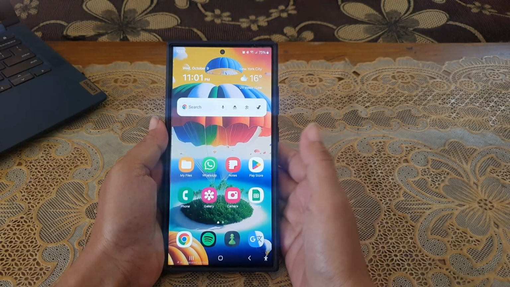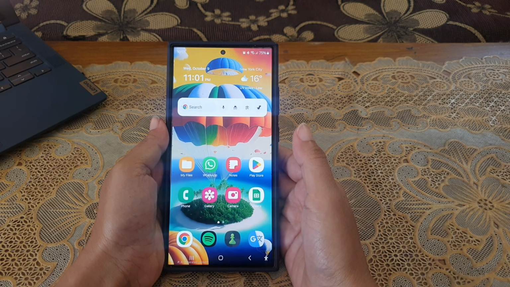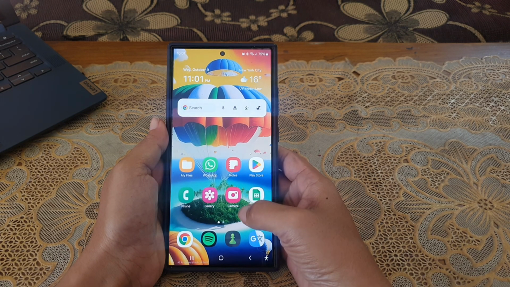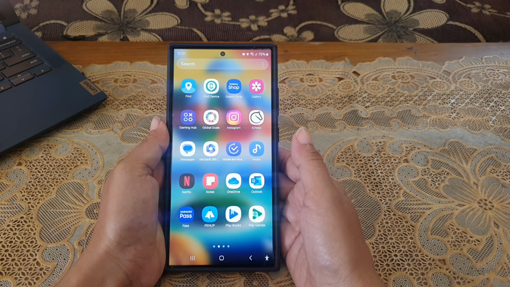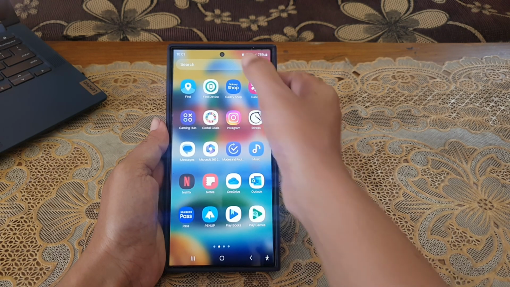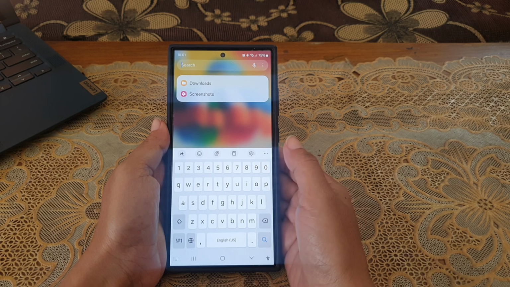To disallow an app to access your music and other media files on Samsung Galaxy S24 Ultra, go to the app screen. Find the required app. As the example, we will try with Samsung Internet app. To find the app quickly, tap the search bar at the top of the screen. Type the app name.